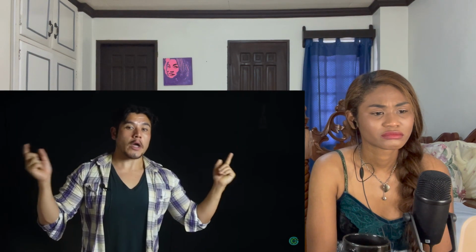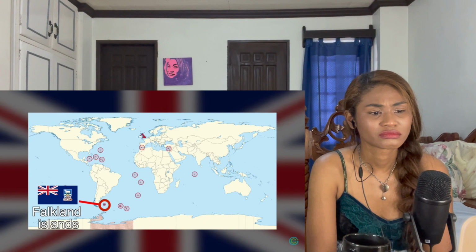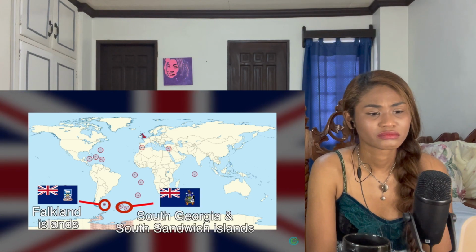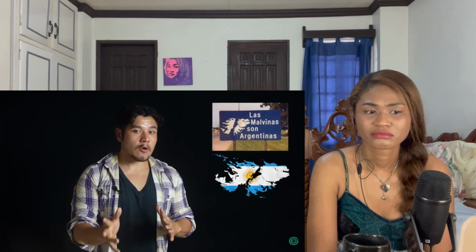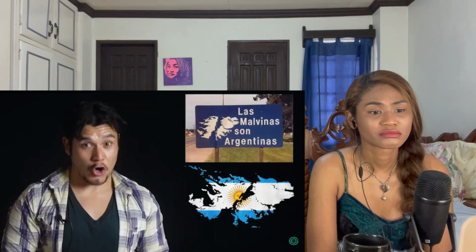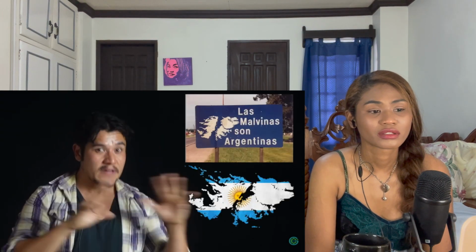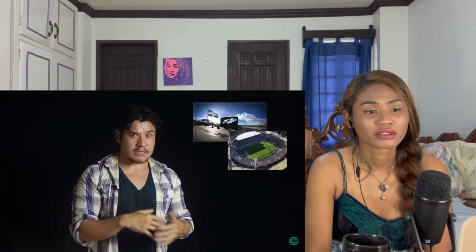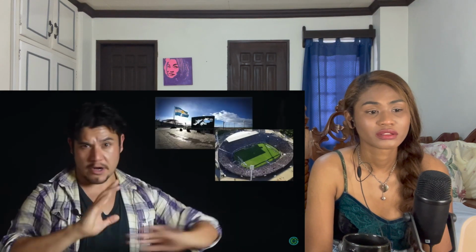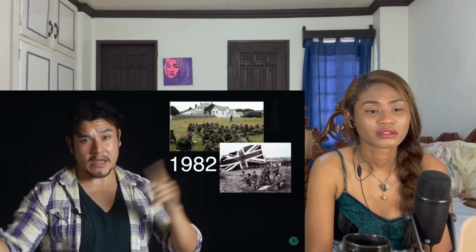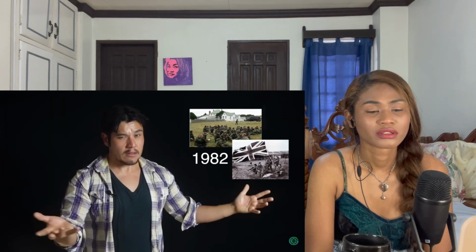Now we go way down south to the controversial Falkland Islands and South Georgia and South Sandwich Islands. For one, you gotta know these are all disputed with Argentina. Argentina calls these the Islas Malvinas. They even name things after these islands in their country, like schools and whatever, stadiums. And at one point, they even put the map of the islands on the 50 peso banknote. And it was the site of that war that happened in the 80s where like 900 people died. So yeah, lots happened here.